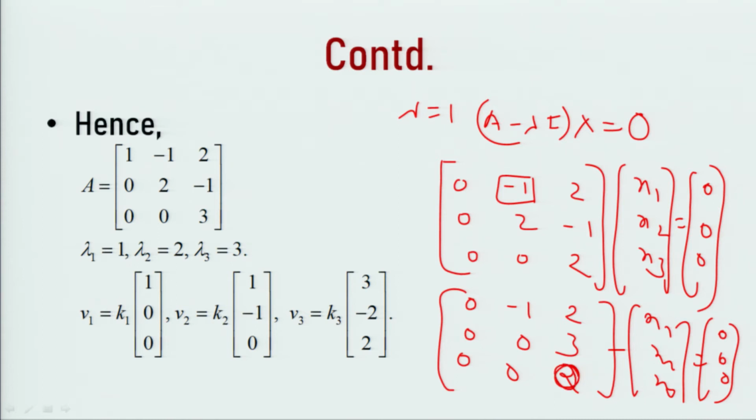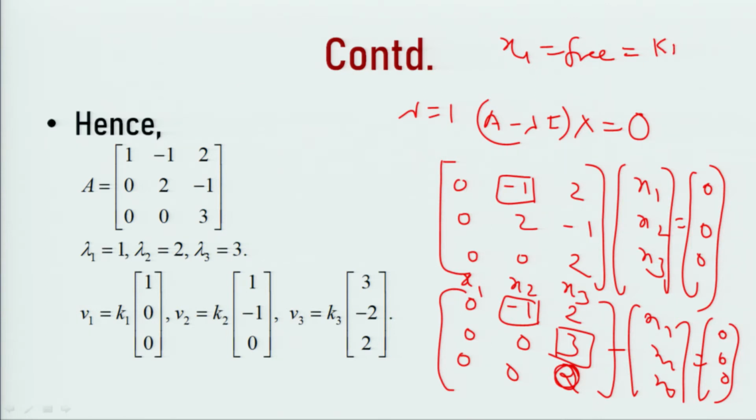So, we get this. Now, focus: the first column vector corresponds to the first variable x1, the second column vector corresponds to the second variable, and the third corresponds to the third variable. There is no pivot element in the first column. This is a pivot element corresponding to the second variable x2, and this 3 corresponds to the third variable. So, x1 is free, you can assign any value. Suppose we assume this is k1.